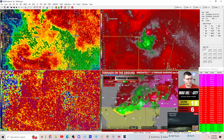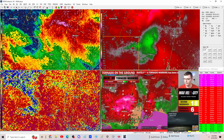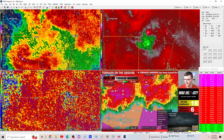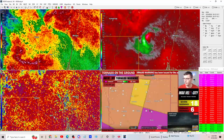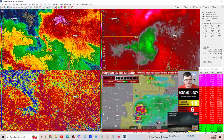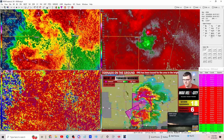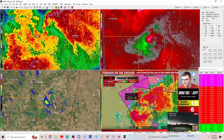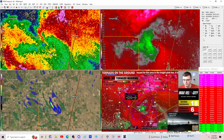And Connor's still on the storm that is not tornado warned, but there has been rotation on this near Cambridge and Burden. Still got a little hook on that. Not seeing any really strong rotation there. We still have tornado warnings in Iowa. They are back down to radar indicated, so everything's back down to radar indicated right now. This storm technically still is confirmed right now, but the new warning says radar indicated, so presumably it's no longer